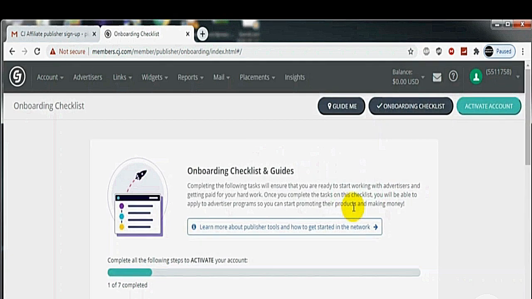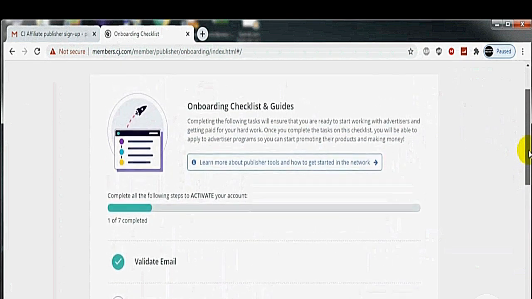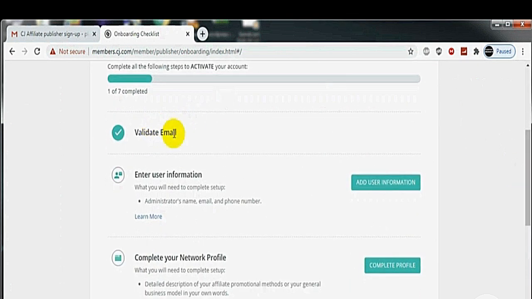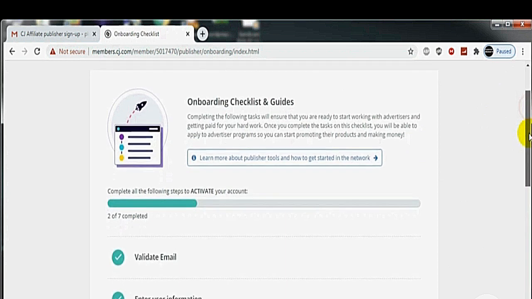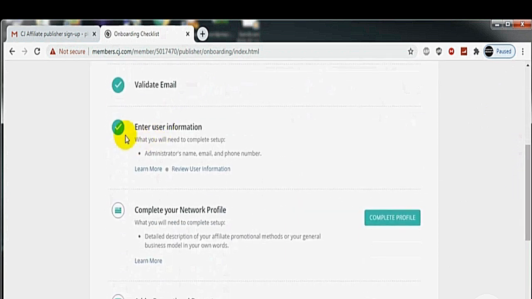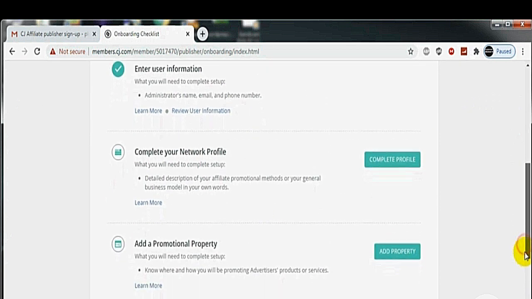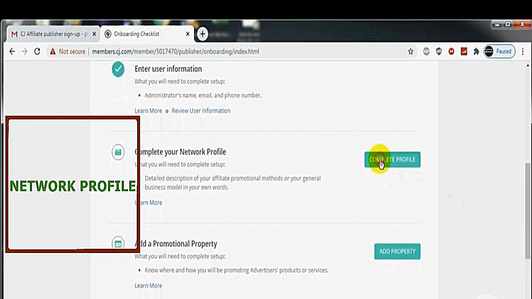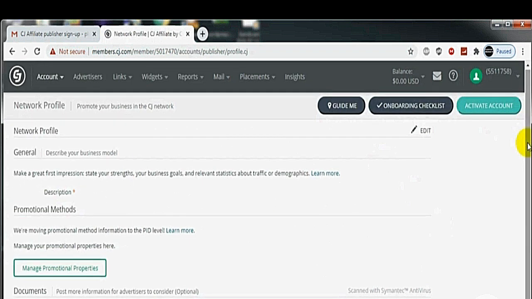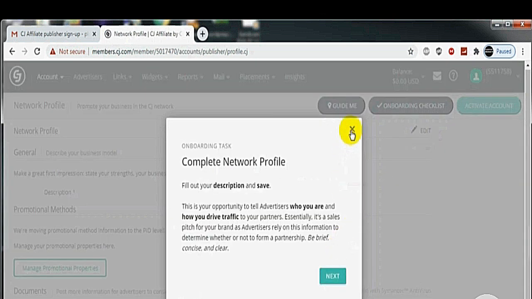Just get started. Now you will have to complete your profile. First of all, the email is done, now you will have to enter the user information, add user information. Okay, you can see the two steps are completed. Now you will have to complete your network profile. Just hit this edit button.